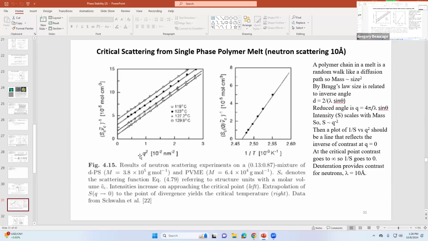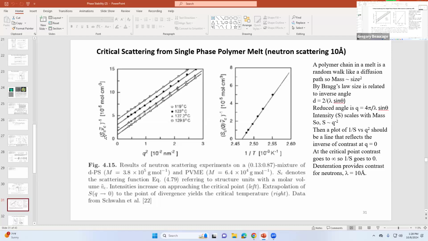So you end up with this distance squared as a parameter that you're looking at for a random system. And as you phase separate, the intensity increases. So at the initial point of phase separation, 1 over the intensity decreases. If you plot 1 over the intensity versus this squared size, you can extrapolate down to 0